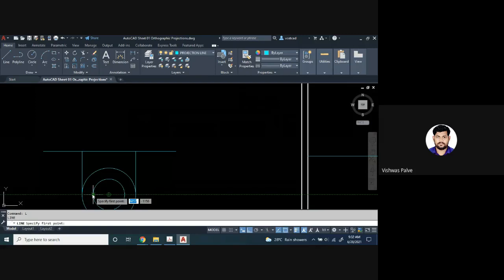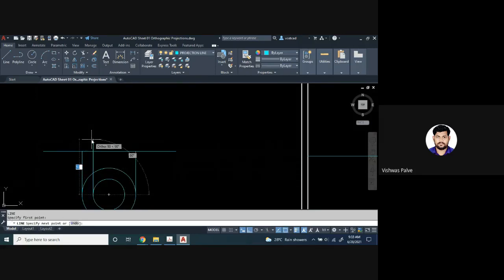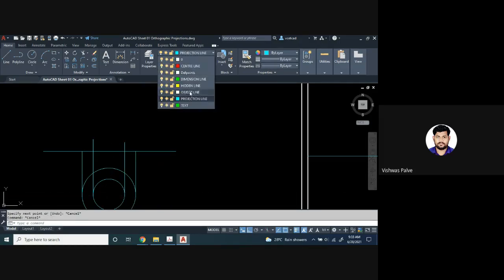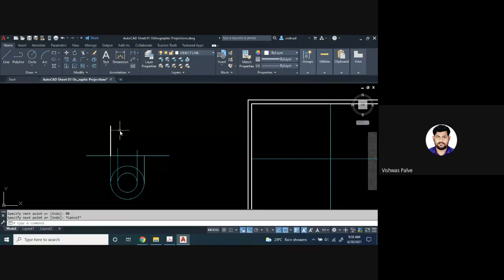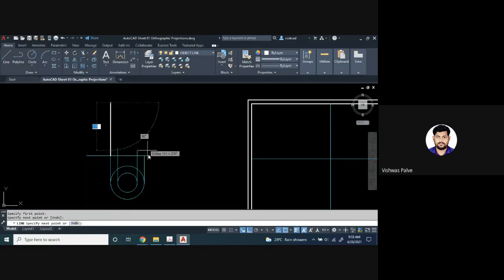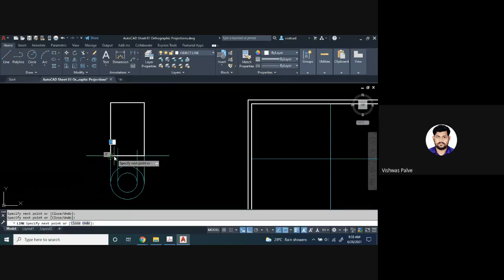Okay, so now whenever we are drawing a normal orthographic projection, what we do is take projections from each point, the salient points. After taking the projection, I'll use the object line. After using the object line, I can draw the height. Suppose the height is 80 millimeter, I'll just increase the height. Randomly, I am taking the height now. Okay, so this is its